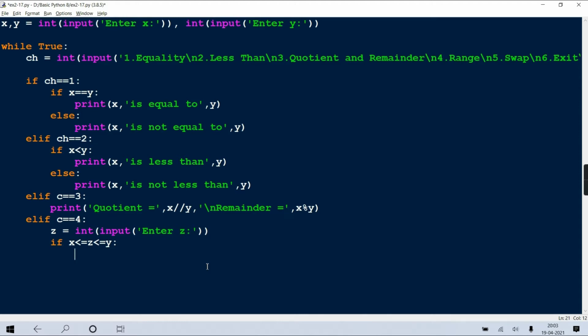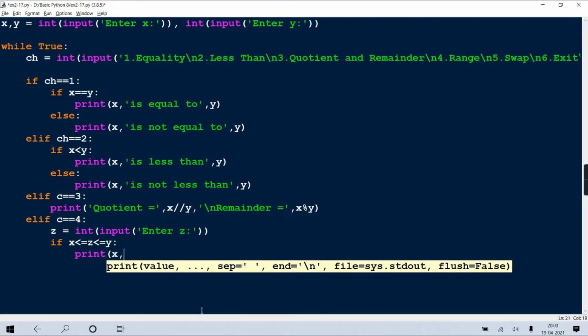Java, though, won't allow it because Java doesn't allow you to do such chain operation. Here it's allowed, and here it is true when all are true. Means if x is less than equal to z and z is less than equal to y, when both are true, final true.